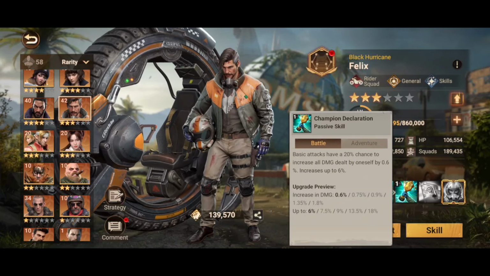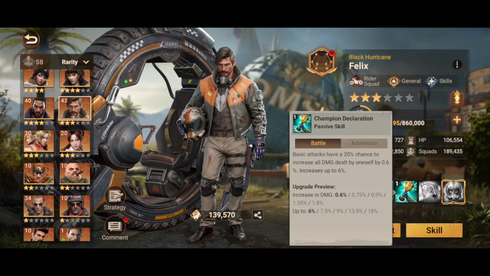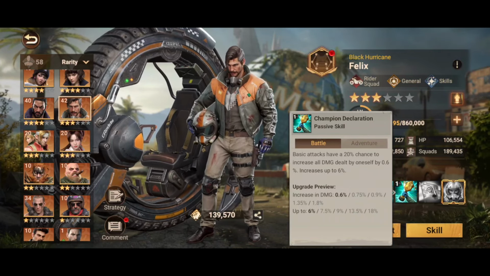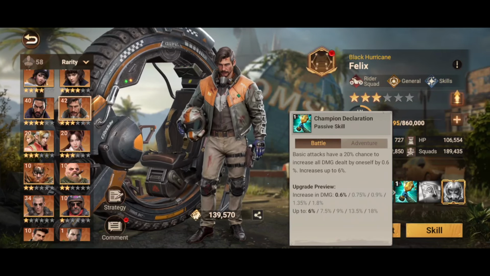His next skill is called Champion Declaration, which is a passive skill where basic attacks have a 20% chance to increase all damage dealt by oneself by up to 1.8%. This increases up to 18%. So the wording here is a little bit weird, but from my understanding, it sounds like it's a range between 1.8% all the way to 18%, but I'm not 100% sure if that is truly the case because this wording